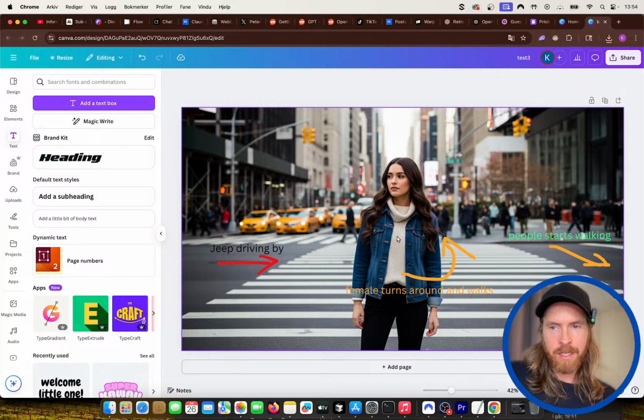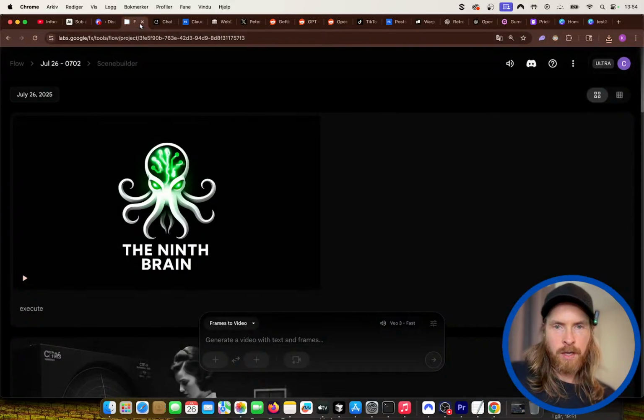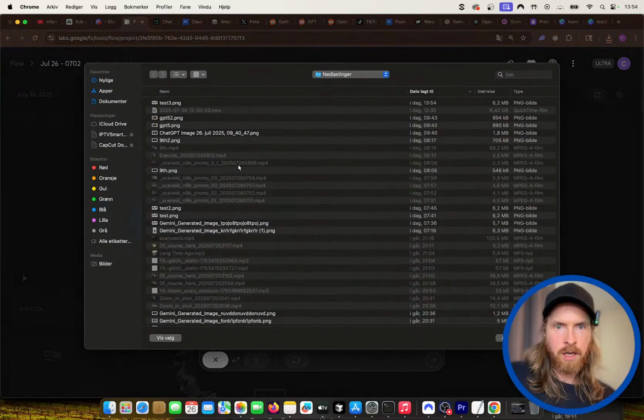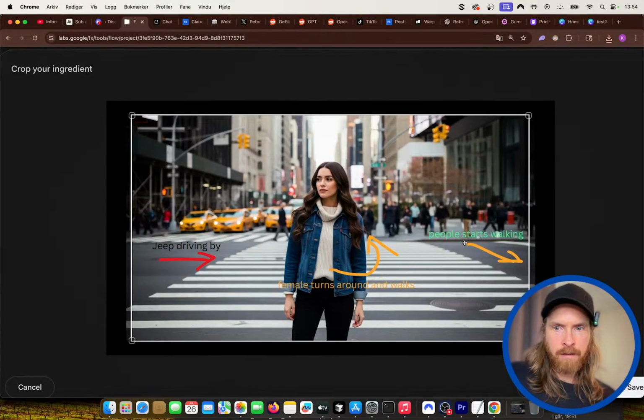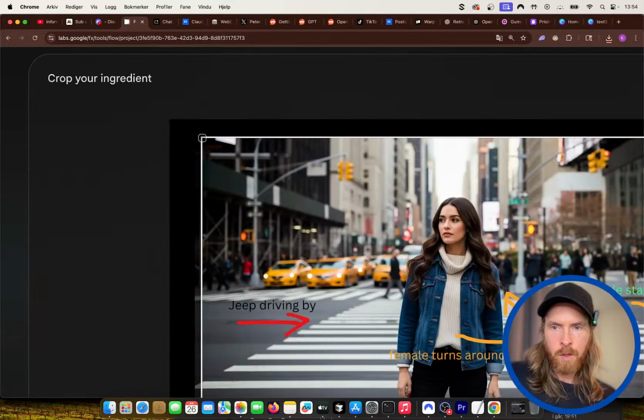So we have this image here with some instructions. She's going to turn around, a Jeep is going to drive by here, and people start walking. If we go to Flow now and do frames to video, I can upload this. Well, that was laggy.